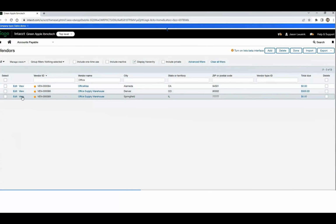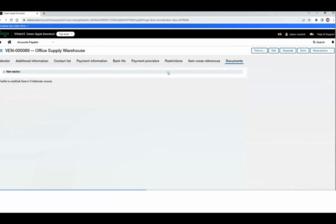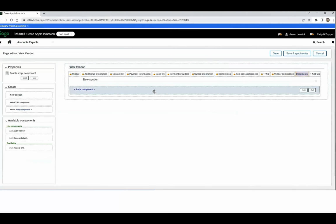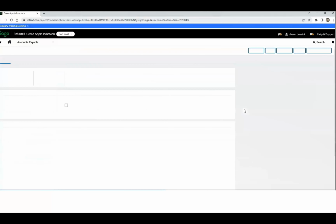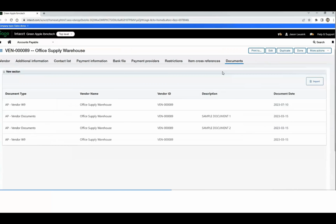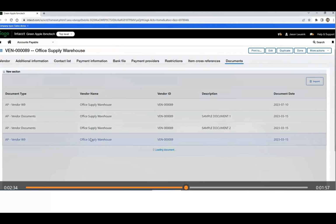So when I go into the vendor screen here, you'll see there's a documents tab. When I hit that, there's nothing there because we haven't set it up yet. So here, in a matter of about 10 seconds, I'm giving you a completely behind-the-curtains view on this. We're going to enable this Intacct screen, quick add here, right here. So I'm going to do that, hit save. Now I'm going to go back to the vendor screen. Now, if I hit that documents tab, you'll see that's the exact search screen that we received in the